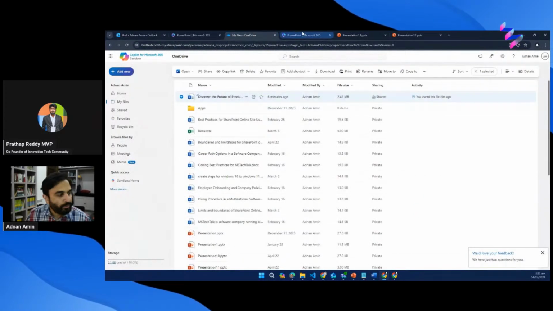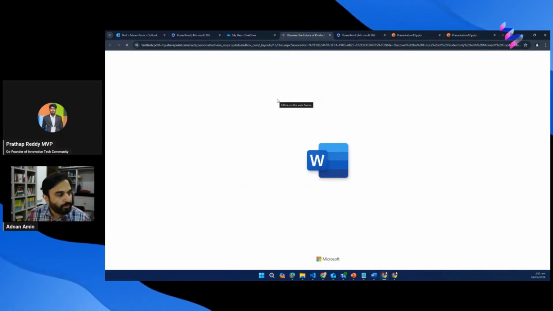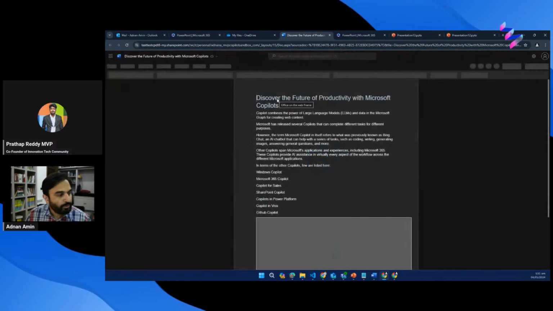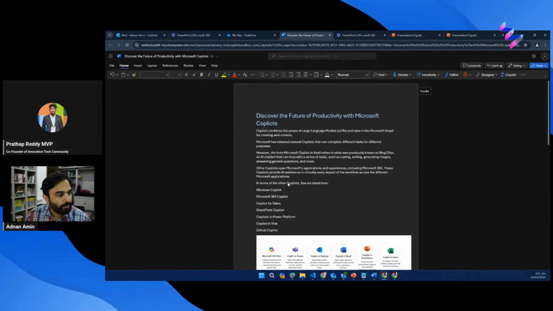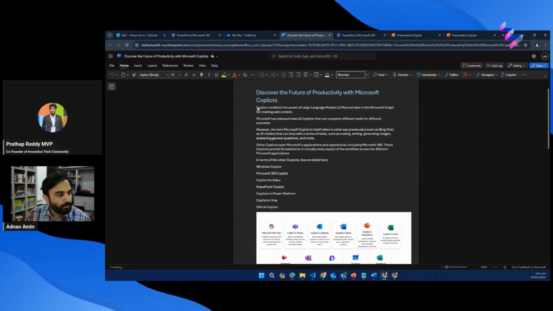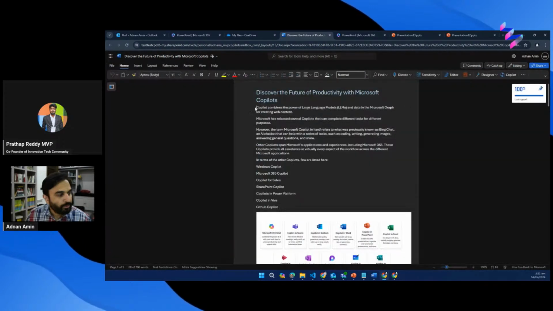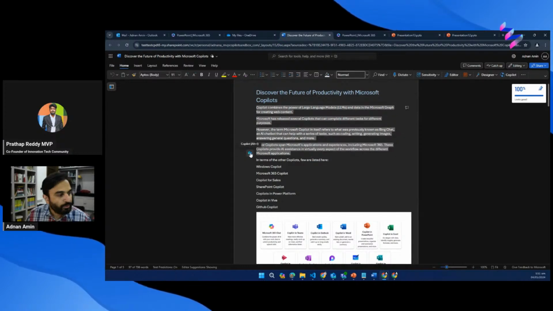Similarly, the way we looked at PowerPoint creation, you can also create a Word document with the help of Copilot. You can rearrange the content within a Word file, and you can also make changes to the Word file. So I just opened the same document here. I selected it. Now I'm selecting some of the content here and went to Copilot. You can see that the Copilot icon is showing up here. I clicked on it,